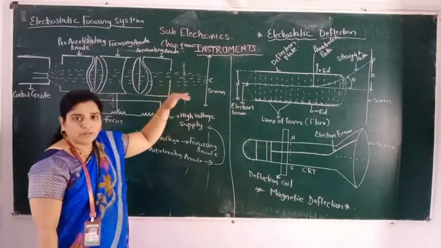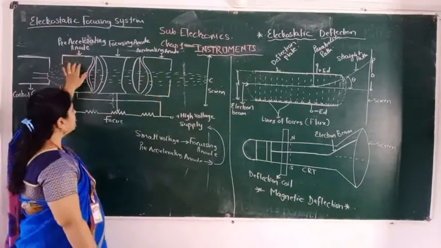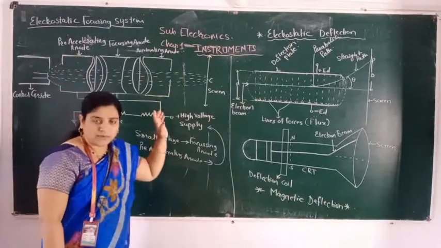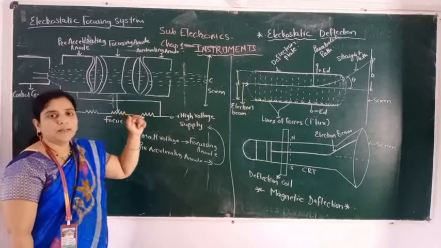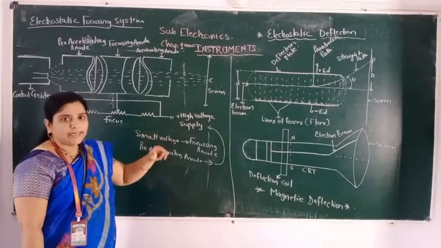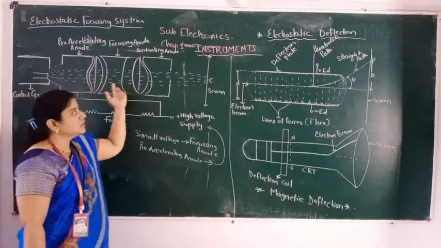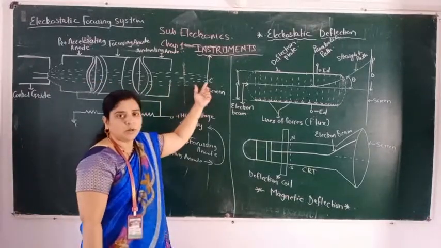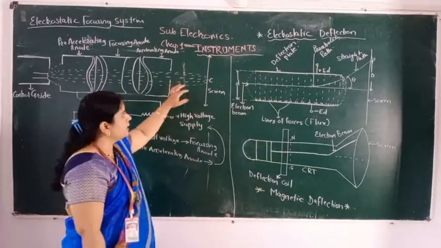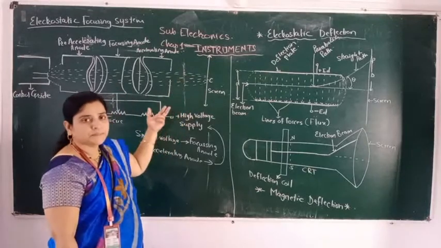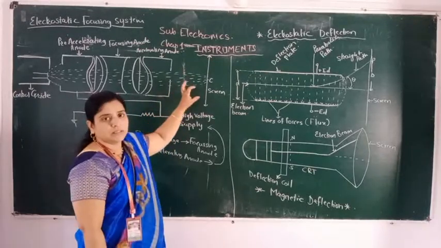For moving in one path, what is given? The pre-accelerating anode is given, and it provides the kinetic energy to the beam, so that the beam will flow in a straight line on the screen, and that screen will produce the image